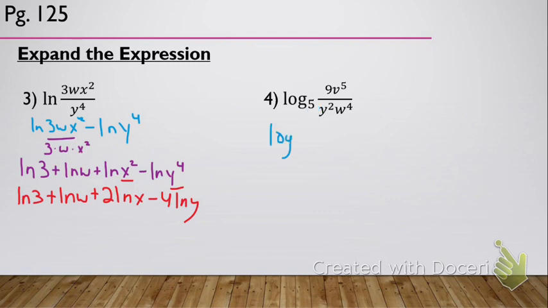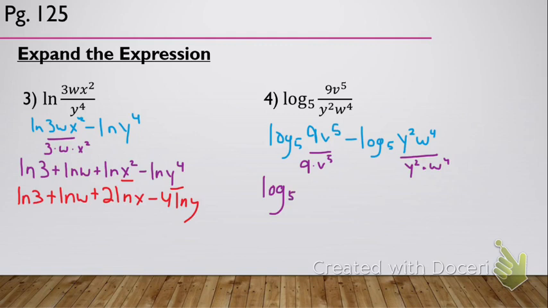All right, so we got log base 5 of 9b to the 5th minus log base 5 of y squared w to the 4th. Okay. Now we've got some multiplication in both of these. This is 9 times b to the 5th. Over here we've got a y squared times w to the 4th. So this piece over here is log base 5 of 9 plus log base 5 of